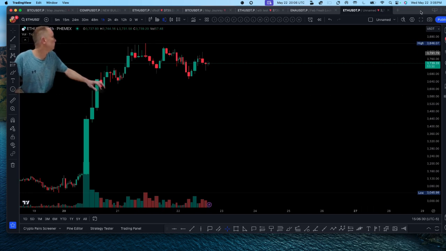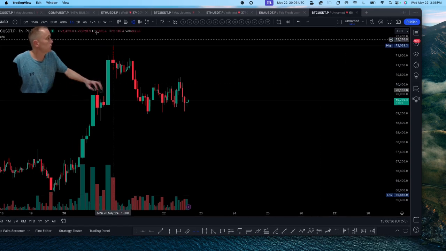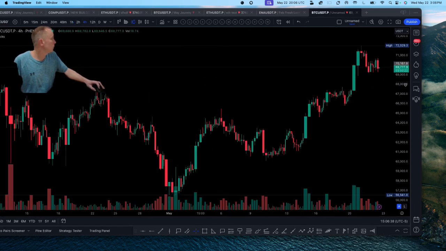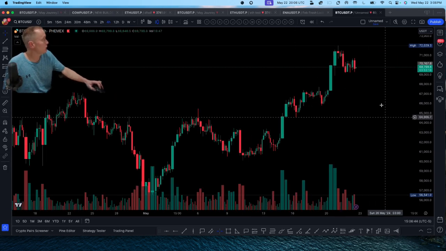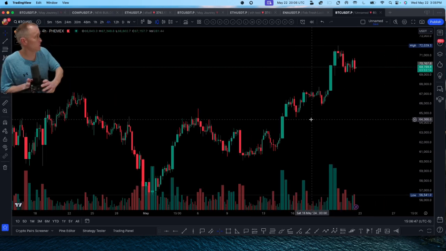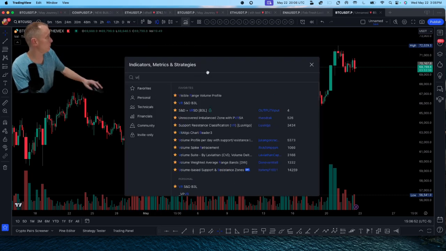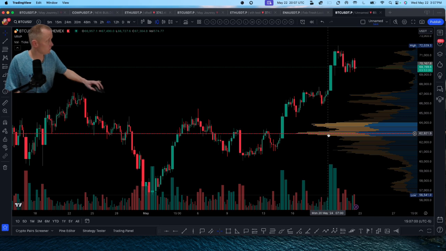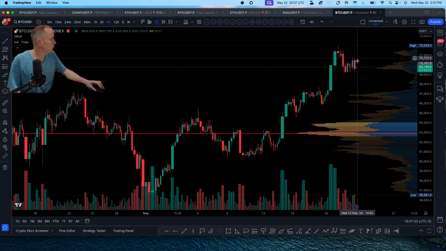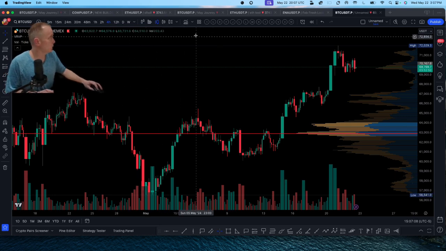Let's just make this up. Here we have Bitcoin on a 4-hour time frame, and if we were to put this into practice, I'm going to put on my visible range volume profile, which gives me a volume profile of our whole range, like we talked about, guys. We have our point of control here, but we're just going to use that to tie in for confidence, and we have our volume on the bottom to look at.